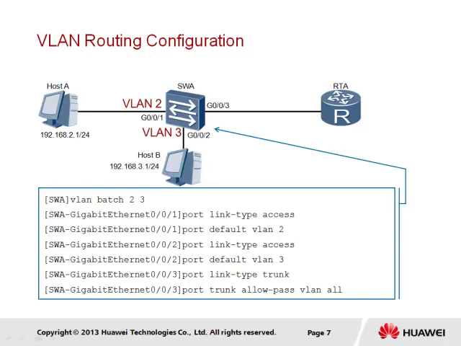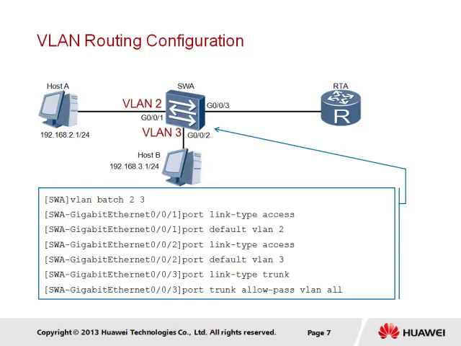The two port interfaces on the switch associated with the end stations should be assigned as either an access port or an untagged hybrid port. However, in this case, the port link type access command is used in the respective interface view for the two switch ports. For each of the ports, we are also required to specify the default PVID that should be used, which in this case is set to VLAN 2 for frames from host A and VLAN 3 for frames from